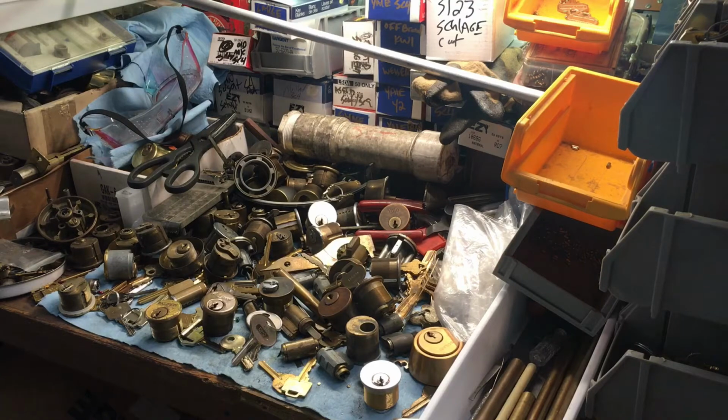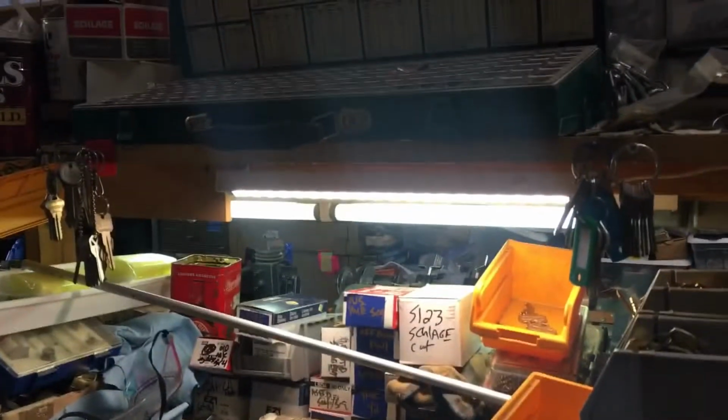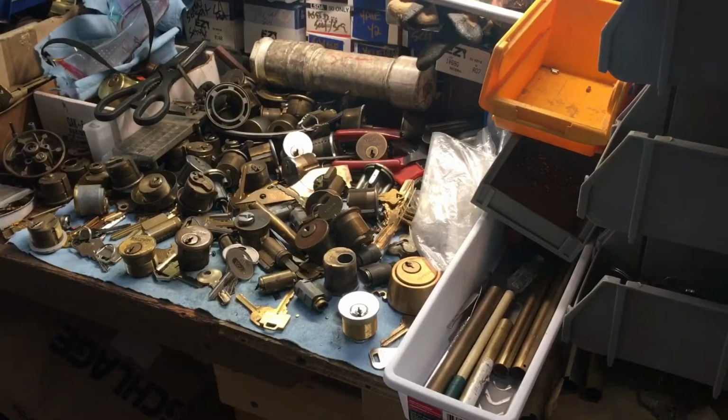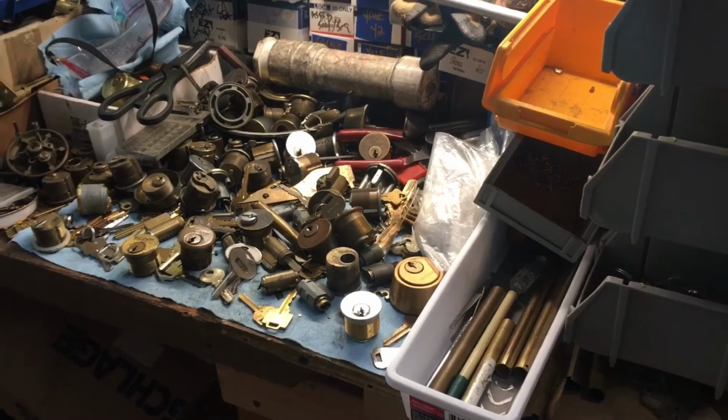I have a counter problem in that I don't have a counter right now. And it's making me very sad because I cannot do what I need to do when I have to rekey locks in the shop. So I am going to start removing these, probably going to speed the video up, but